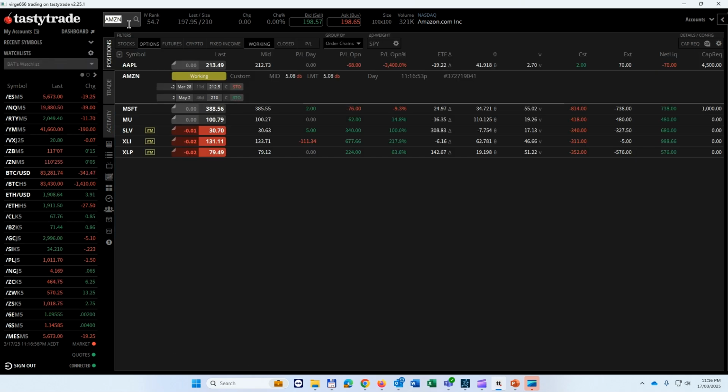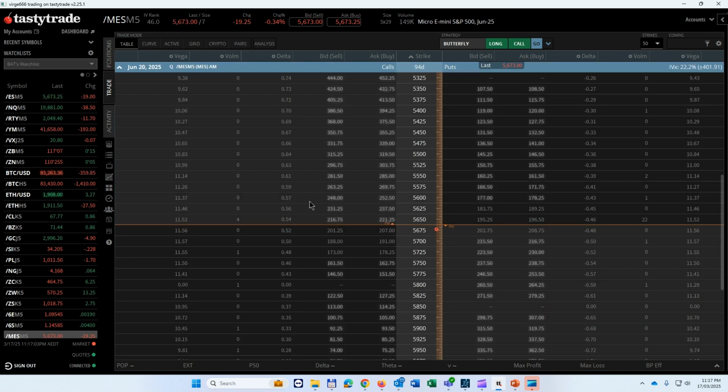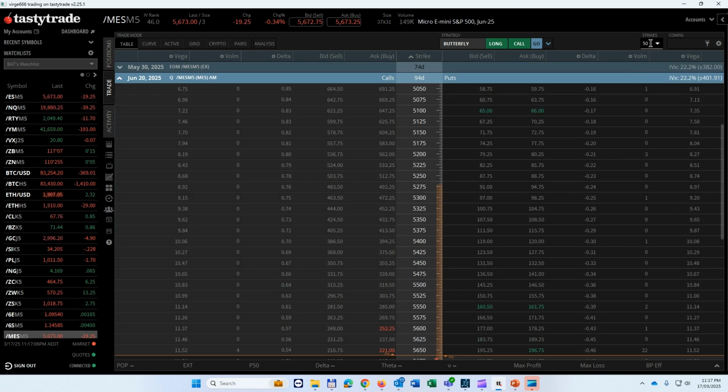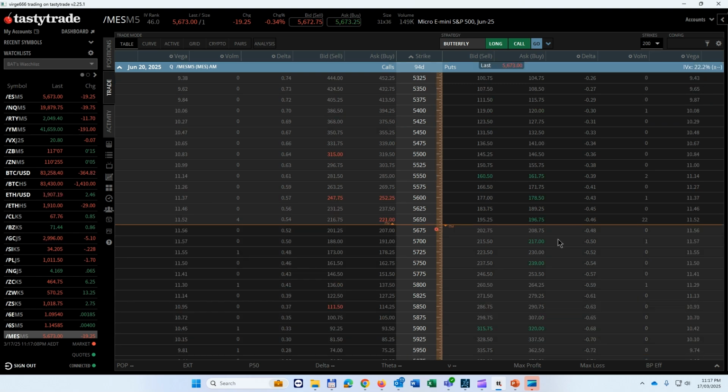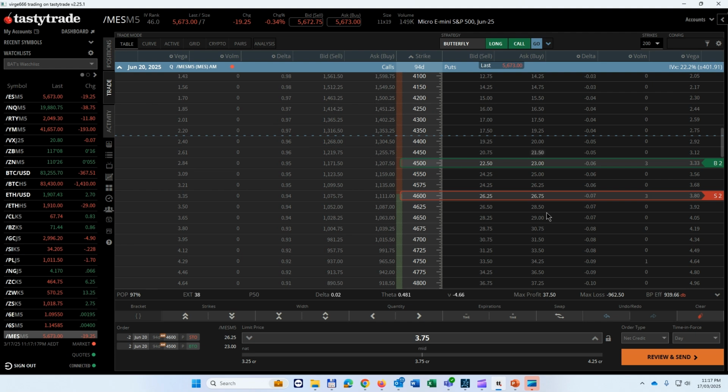The other option we're looking at is /MES to actually start buying some futures in this. We'll be looking at the quarterlies, and we'll be selling some put spreads in this. At the moment, 4,600 is 1,000 points below us. We could buy that one as a hedge. $3,700, close that, delete leg. So $265 profit, buying power effect of $1,000.